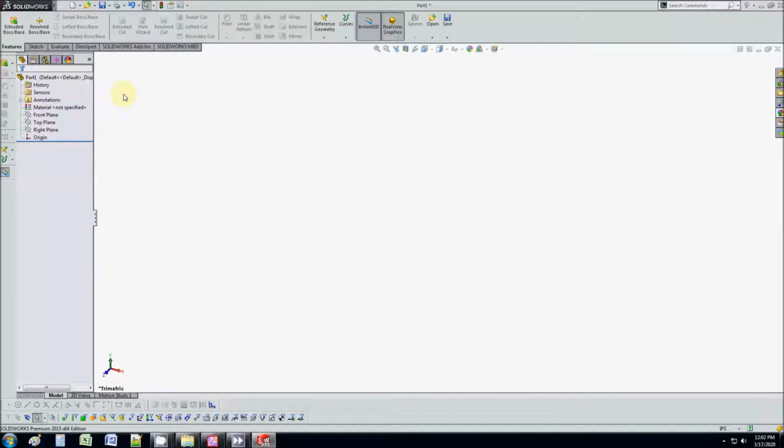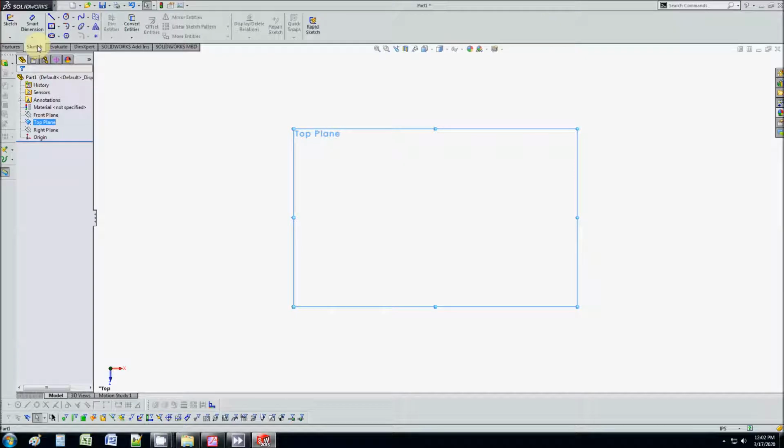So what I gotta do is first select a plane. So I'm just going to start on the top plane just to reference off the factory floor of this machine. And I'm going to hit sketch, and this is very important. You got to pick 3D sketch. It's not a regular sketch. It's 3D sketch. You can even type in 3D sketch. So that's a very common mistake. Yeah, so it's very important to pick 3D sketch, otherwise you're not going to be able to go in the